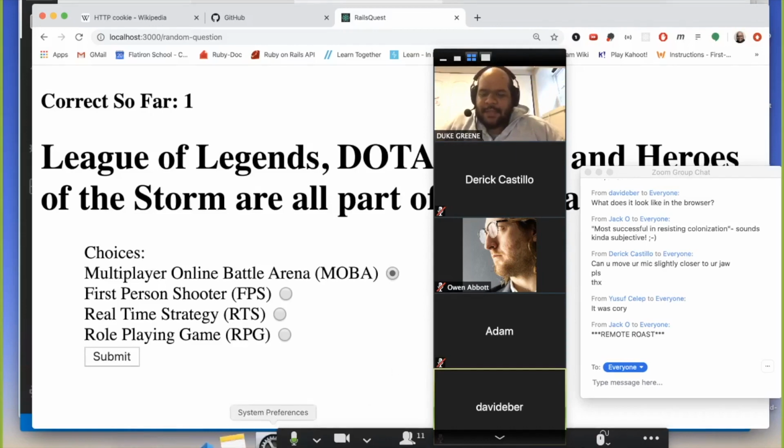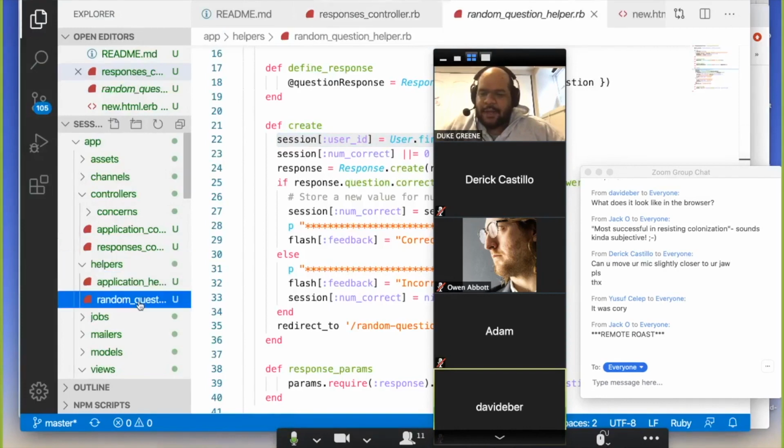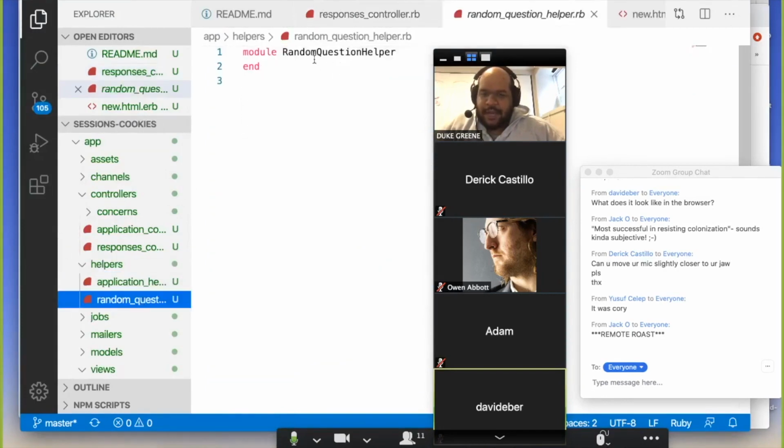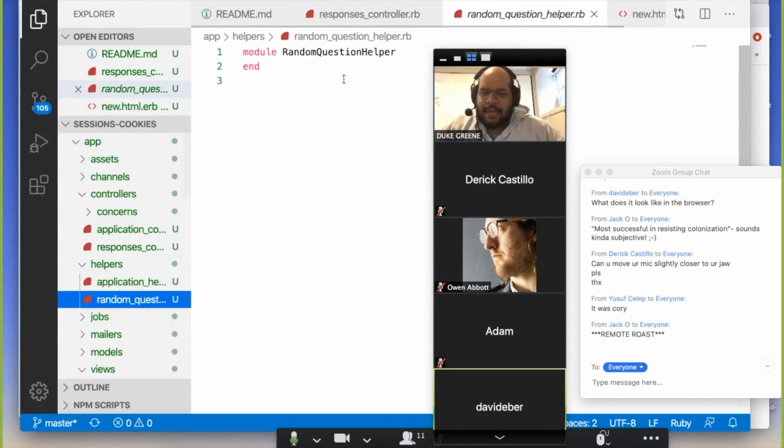Yeah, that's a nice spoiler alert too. We're going to finally get into this helpers folder and like you can create a helper for a given type of controller, a different kind of model. And this is going to be where we end up putting in methods that say like, hey, how can we quickly check which user is logged in? How can we quickly check if a user is logged in at all? And how can we automatically redirect somebody who's not logged in to the login page so that they can start using our app the right way? Kind of behaviors that you're used to seeing on the web. That's what we'll get into